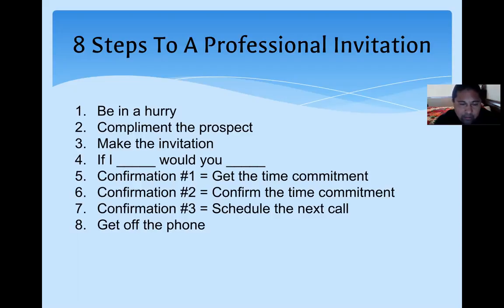You want to get off the phone right away, because once confirmation 1, 2, and 3 happen, you hang up the phone, there's no turning back. Not unless they give you a call back, of course. But now they're set. Now in their mind, they're going to be like, man, now I got to watch the video, because Oliver's going to be giving me a call at a specific time, right? So let's take a look at an example on how this works.